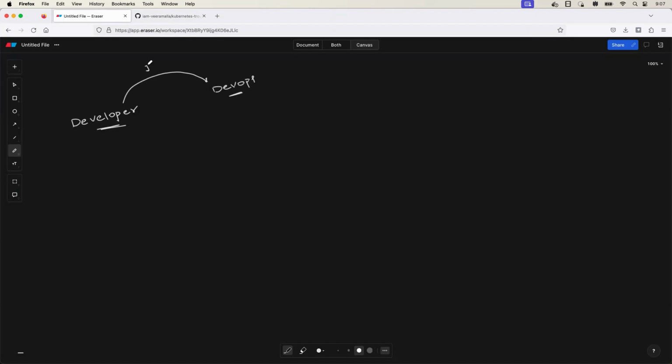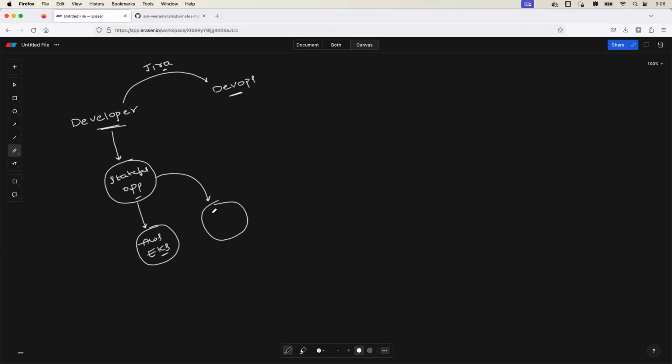Probably the developer has created a Jira bug request, wherein the Jira ticket mentions that one of their stateful set applications, it can be a database or any stateful app, is working absolutely fine on the AWS EKS cluster,